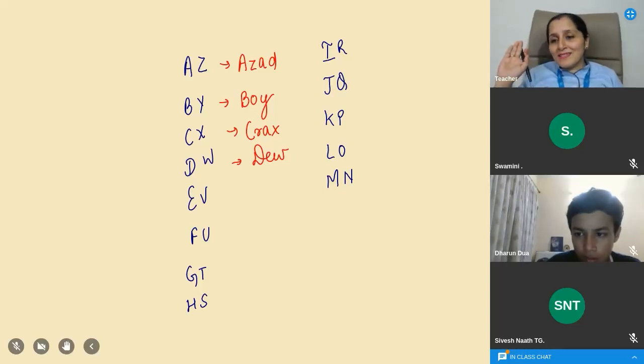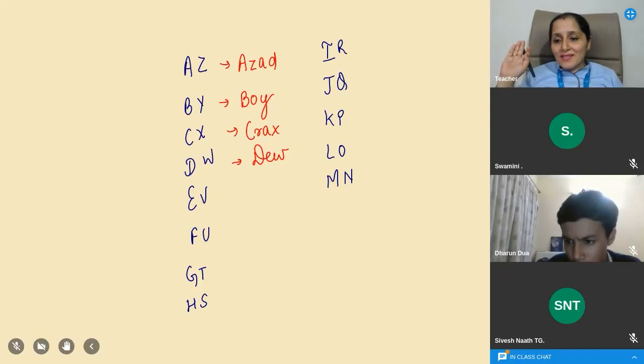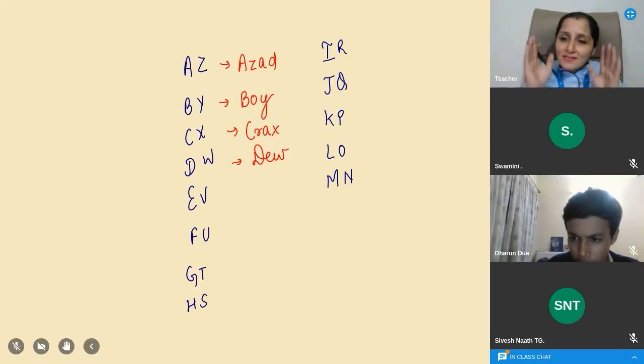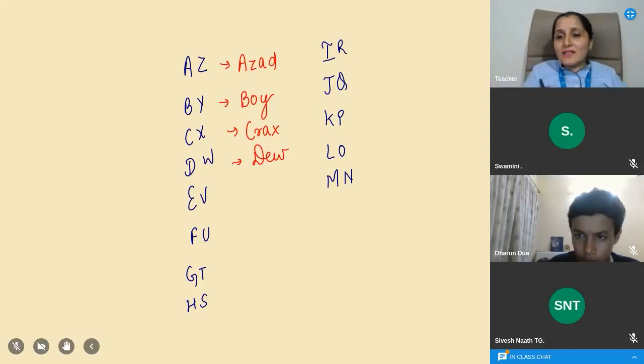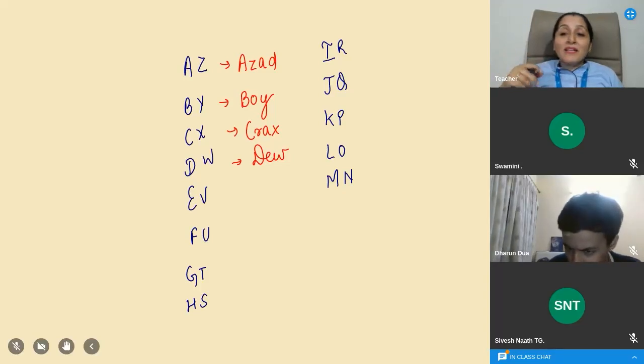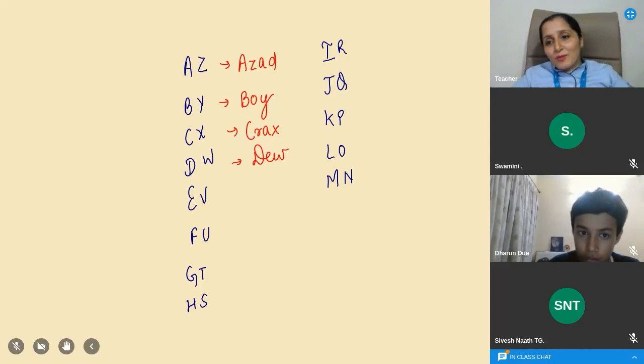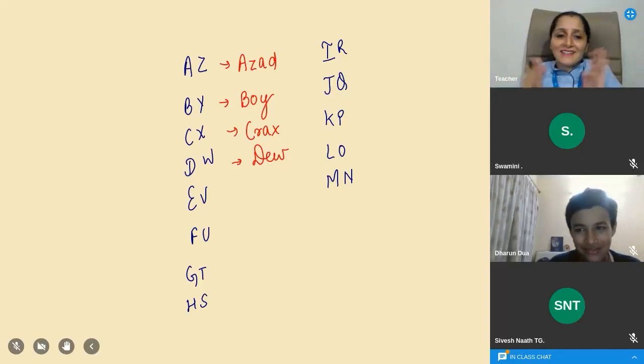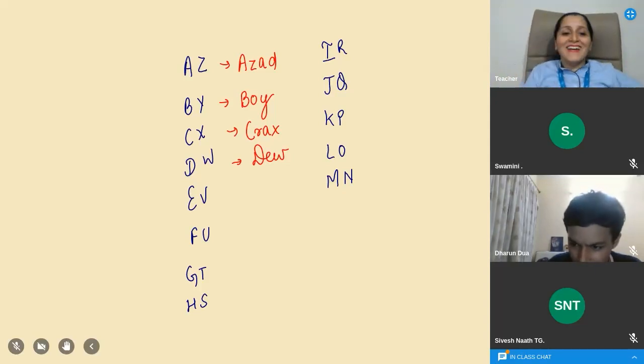Advik, your mama never says this thing. Manya, your mama doesn't say this thing. No, sometimes. Okay. Chalo, we will assume mama is saying this thing. Mama is saying eat first, drink your milk, then you can go outside. So what is Azad's mama saying? But Azad, he is an Azad boy, na? He can eat cracks or dew. Okay? Chalo, now listen to this. Azad is a boy after eating cracks and drinking dew. Yes, Tejasvi.